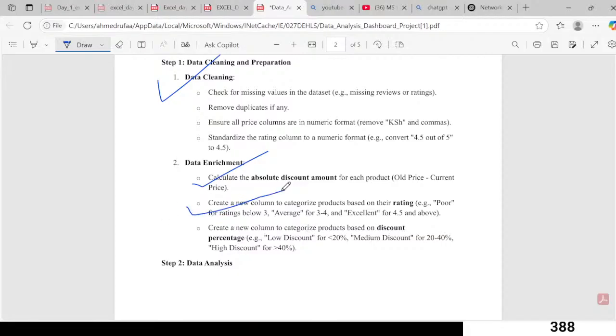This one we just did. Let's create a new column to categorize profits based on discount, right? There's a low discount for below 20%, medium discount 20 to 40, and high discount. So discount percentage less than 20 is low discount. Between 20 and 40, medium discount. Above 40%, it is high discount. We can do that. All right,